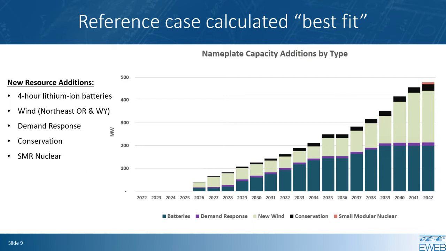There are also large amounts of new wind that were selected by the model. Wind has a low cost of energy, but also provides some winter peaking capacity. So as the model looked for resources that produce low cost, carbon-free energy, it likely favored wind's ability to help meet our winter system peaks.